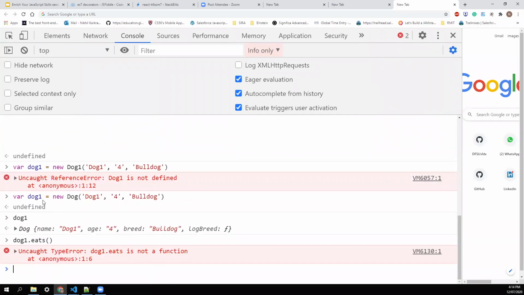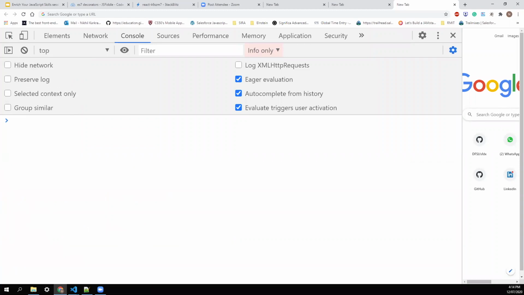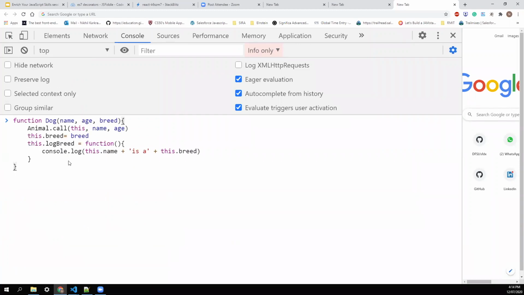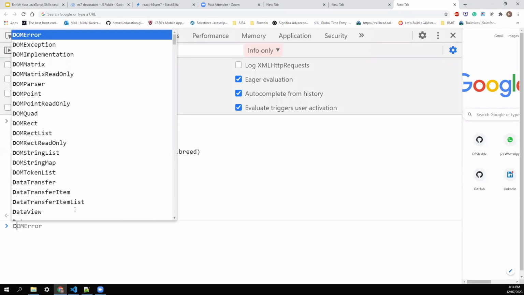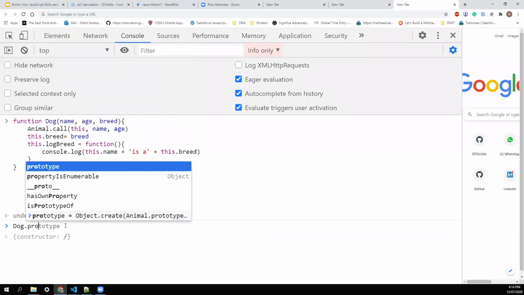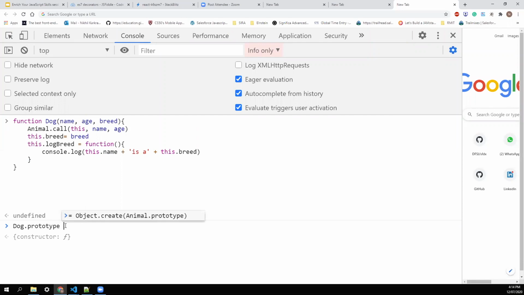And to solve that issue, we'll create the same method again. And once your constructor function is created, immediately after that, you have to map it. I'm saying immediately because once the instance got created, it will not automatically get the prototype value. So we'll say Dog.prototype, because Dog is a constructor, so it has the prototype property, equal to Object.create, and we'll say copy the animal prototype and assign it to the dog prototype.